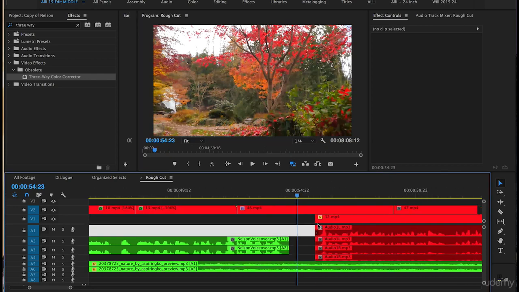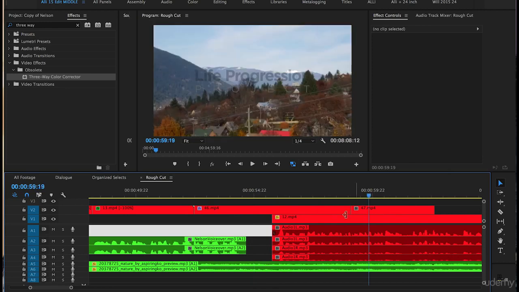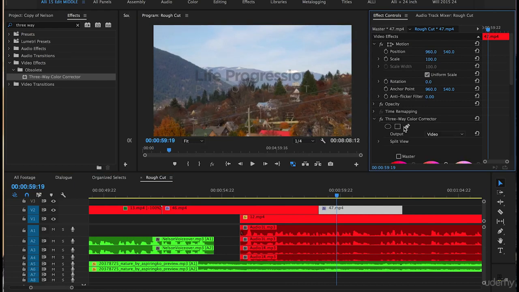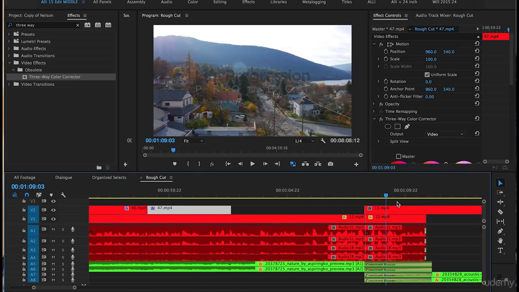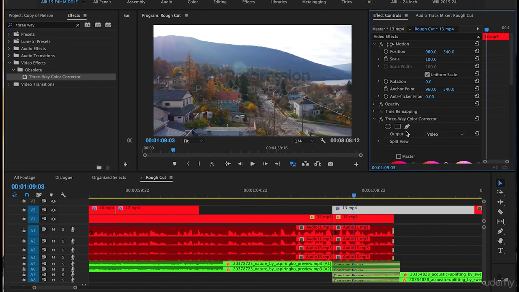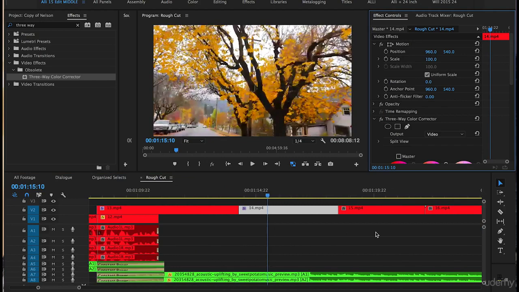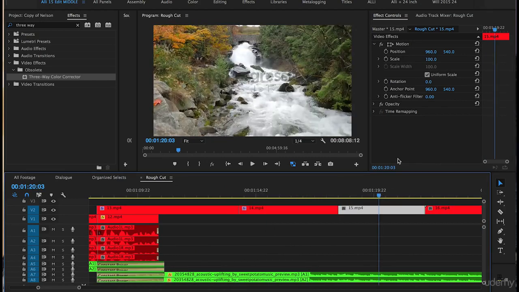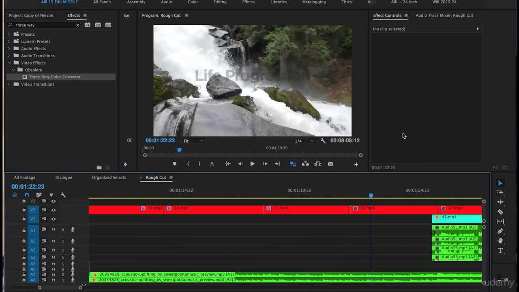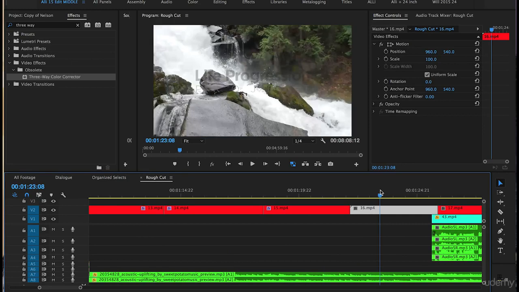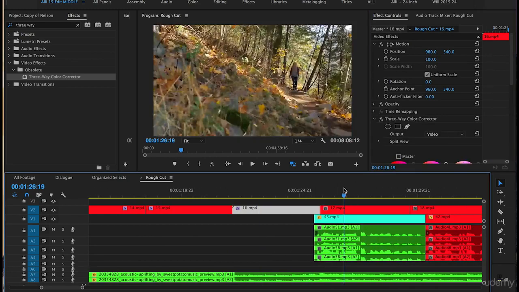So as we put the three-way color corrector on these clips, this doesn't slow down. So I'm going to go to 47, click on the Effect Control panel, push Command V. Let's toggle three-way on and off. Okay, that looks good. Let's move on to clip 13. Highlight it, push Command V. Okay. Let's do the same thing on clip 14. Yeah, that looks good. Clip 15, Command V. Clip 16 is a closer shot of clip 15, so we'll push Command V on clip 16,